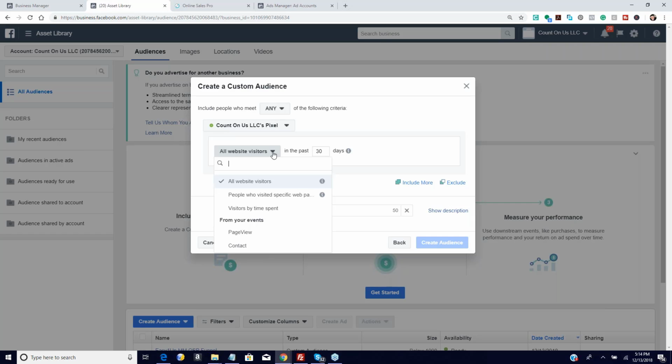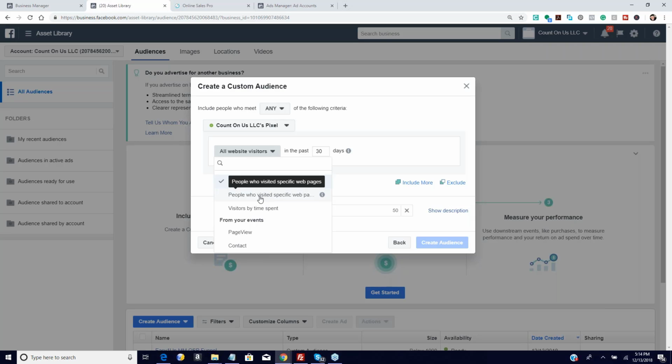Now, I am going to be the first to tell you that the reason this training is going to be so good for you is that Facebook is not easy to navigate, especially when it's your first time back there. They make it really difficult, in my opinion, to run ads. And so that's why I'm glad you're watching this training right now. So you need to go to all website visitors, okay? There's really no logic behind this other than somebody coded it and said it was logical, but you choose